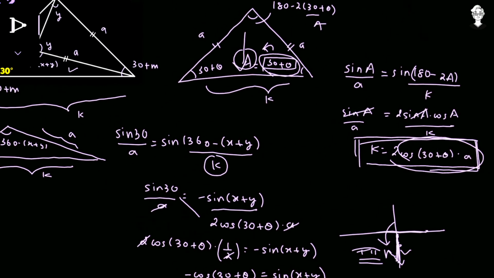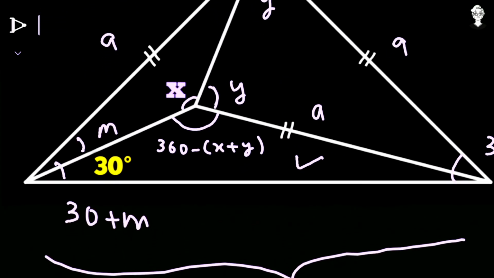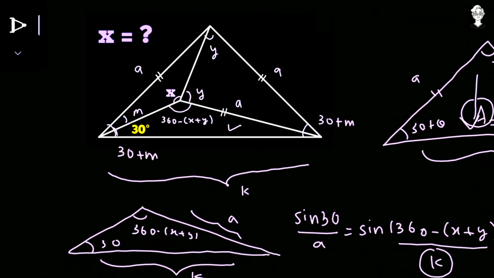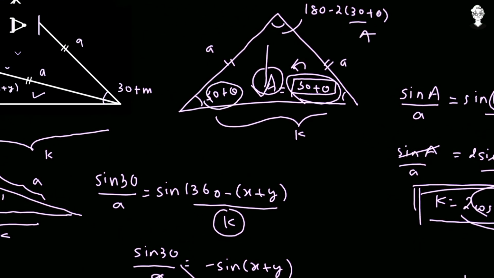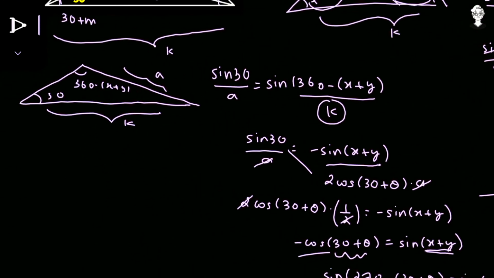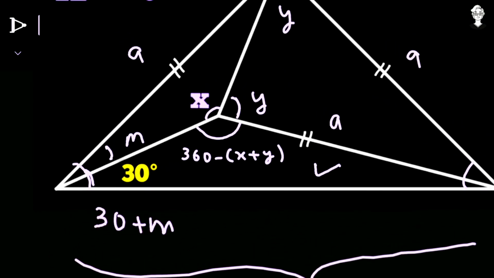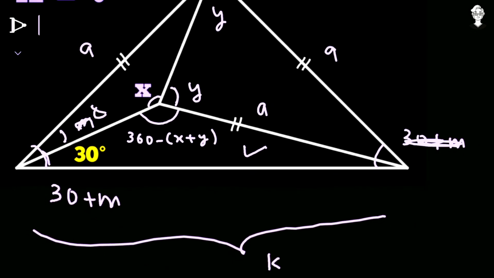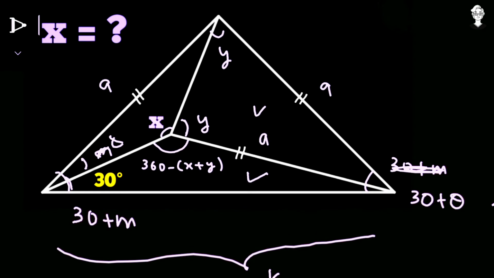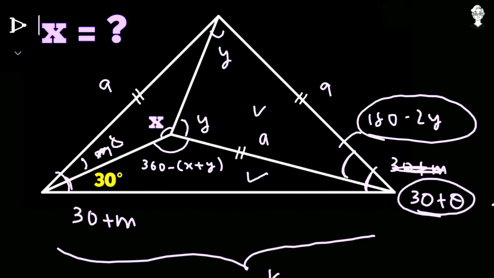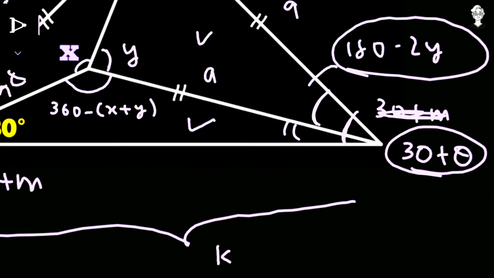Now we'll derive the second relation, and that's very simple. As this complete angle was 30 plus m, here we have taken theta everywhere, like here we have taken 30 plus theta. Where we have the solution in terms of theta, but here we considered the variable as m, so let it just be changed into theta, no matter. So over here also this angle becomes 30 plus theta. And in this triangle, the base angles are y and y, so its top angle is going to be 180 minus 2 times y, just a simple angle sum property. Now this complete angle is 30 plus theta, and this missing angle is 180 minus 2 times y. So this angle is going to be the bigger one minus the smaller one.